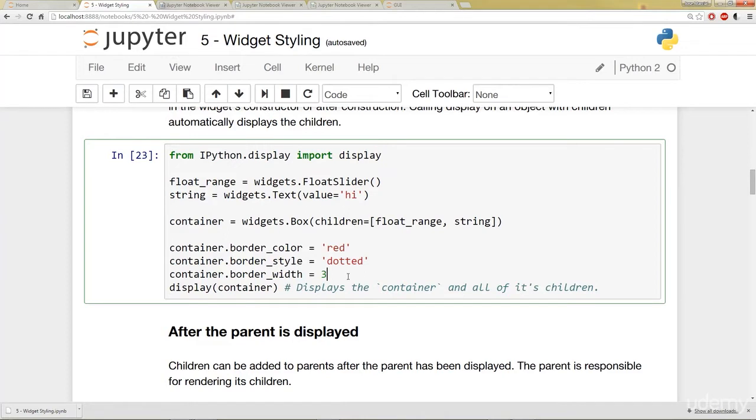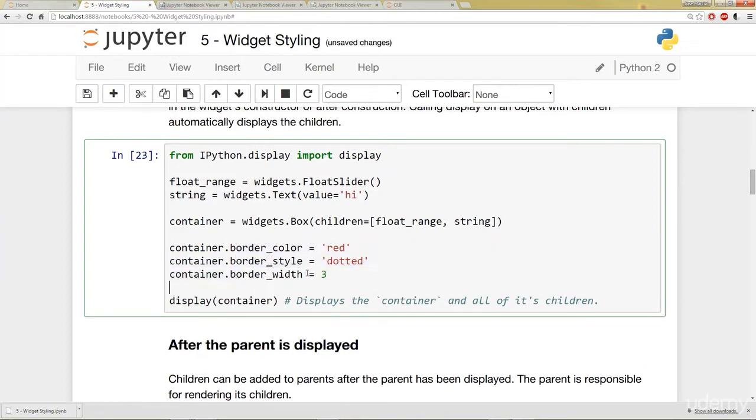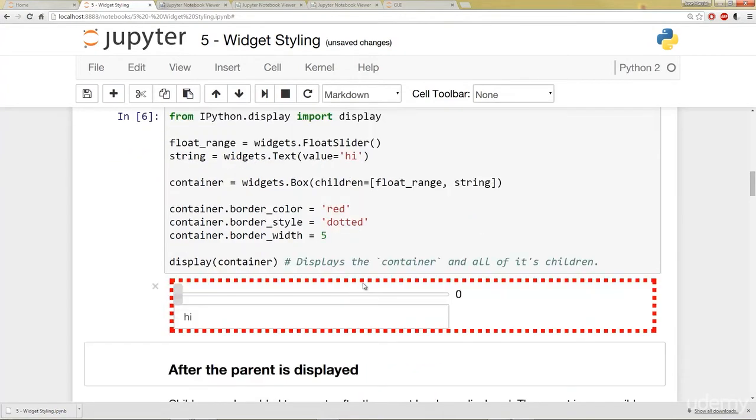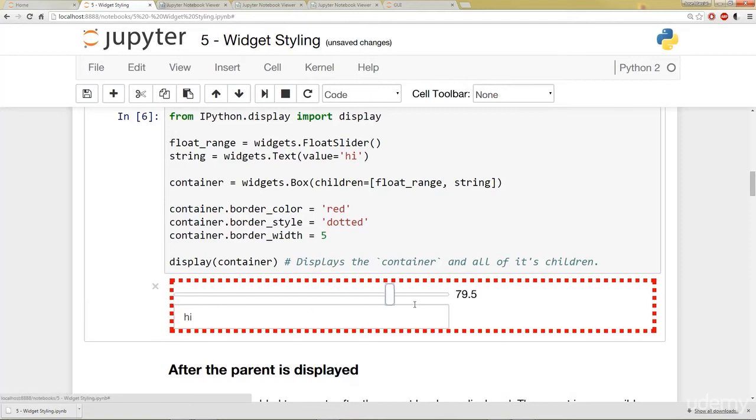And then I'm setting, using the property names of this container, border_color, style, width. So right now I'm looking at red dotted, width is 3. Let's go ahead and change that to 5. And then I'm going to display this container. So what's going to happen is this container contains both of these children, this float range and the string. So if I display it, here we see this container. The container itself is only this border here, and it contains this slider